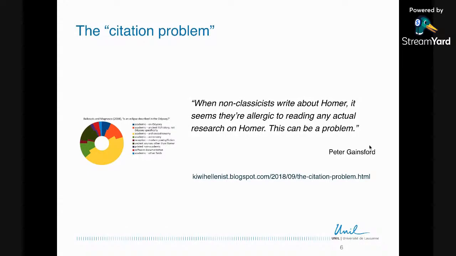And he says, I have two hypotheses as the root of the problem. Homeric research is difficult to get to grips with. There is a hell of a lot of it. Articles don't often get translated the Greek, but any field is complex and difficult for an outsider. So I don't think this can be the main reason. So it's not the complexity of the field and the matter itself. And the second hypothesis is that the existing research is actually invisible to them. It's because there is very little overlap between bibliographic databases that cover the natural sciences and bibliographic databases that cover Homer or other topics that have to do with antiquity.